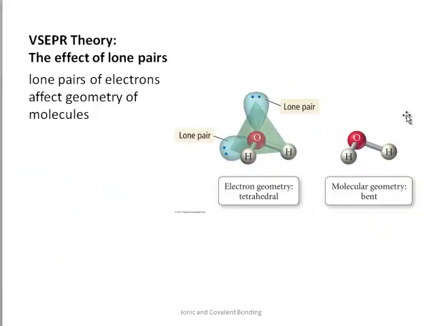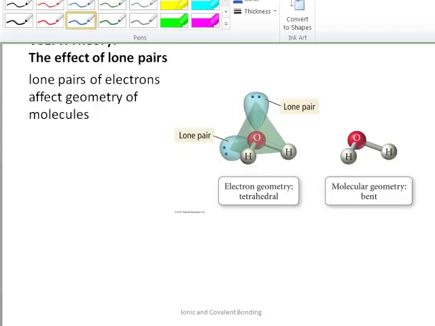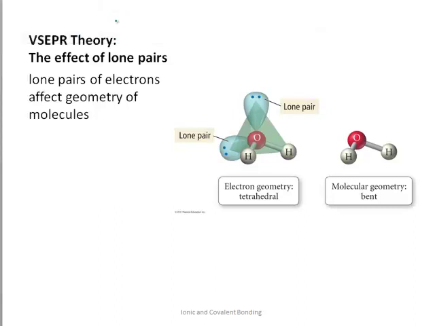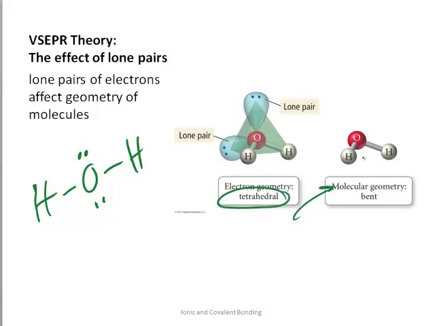Okay. If we take a look at water, we've drawn this Lewis structure before. We know that it has a hydrogen bonded to the oxygen, and that oxygen atom in the middle has 2 lone pairs of electrons, giving it 4 electron groups, an overall electron geometry of tetrahedral. But when we consider the molecular geometry, what we have is a bent